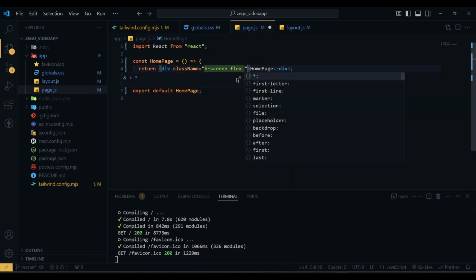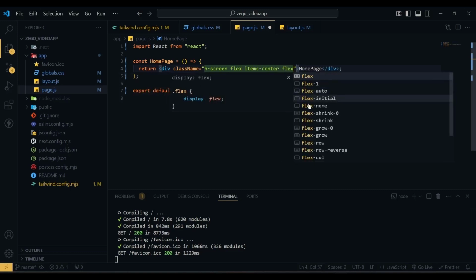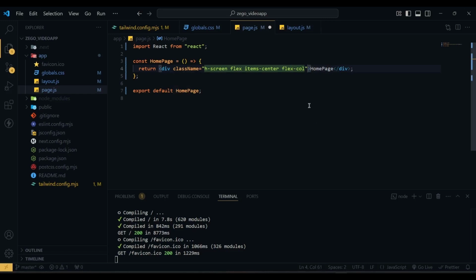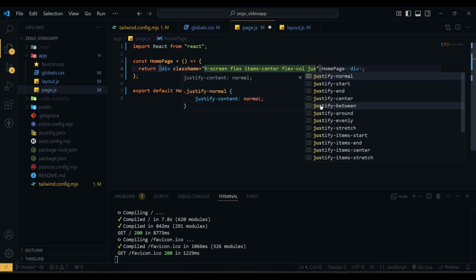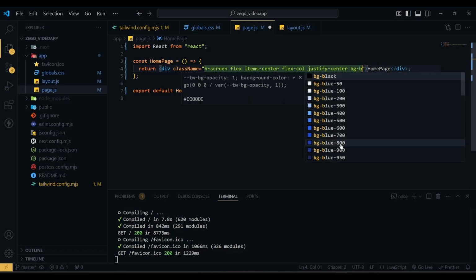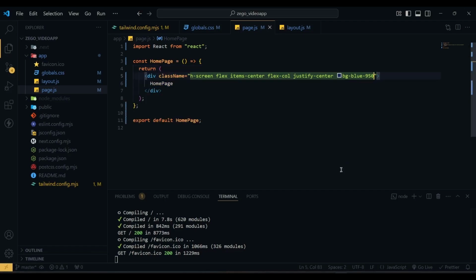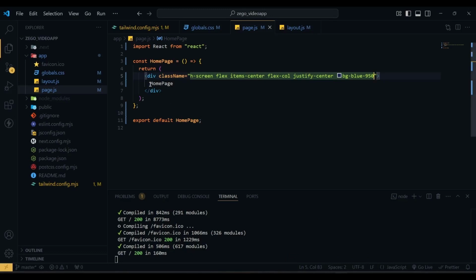This one will be flex, items will be center, flex will be in the column direction, justify center, bg will be blue-950. Now if I hit save, here you can see we have a blue background, and in the center we have the home page text. So now inside this div